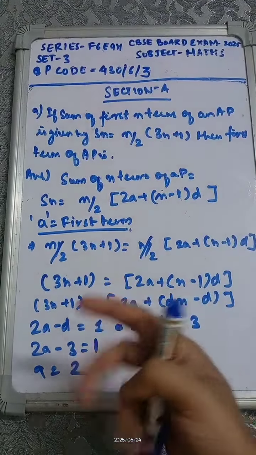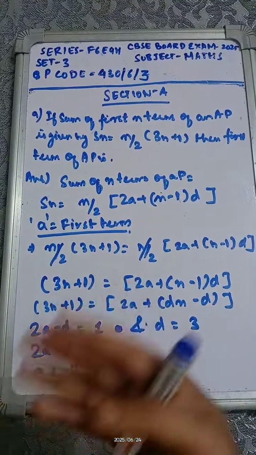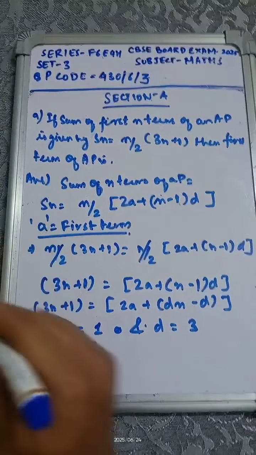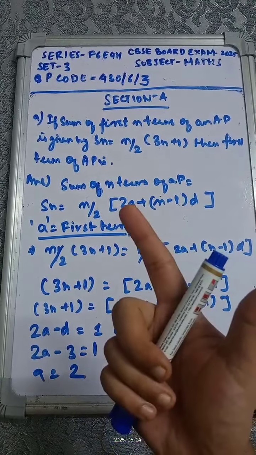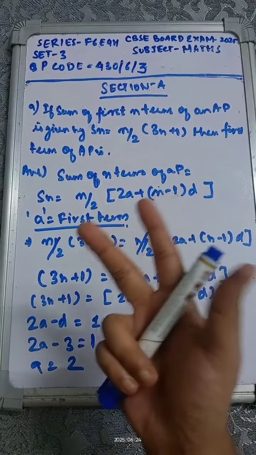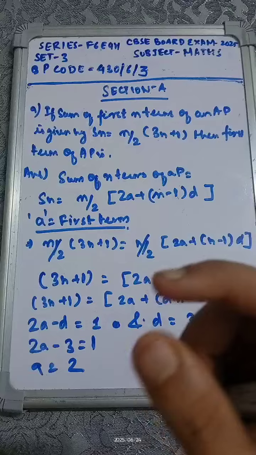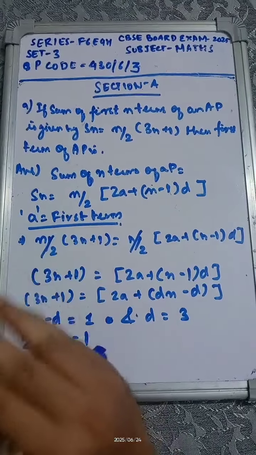People who are studying for the board exams or who are in class 10th, if you have studied the arithmetic progression chapter or if you are going to study it, then kindly remember some of the important formulas, like finding the nth term of the AP, sum of n terms of the AP, what is the common difference, what is the first term, what is the importance of total number of terms. These are going to be very handy while you are solving board questions or any other questions or any competitive exams.